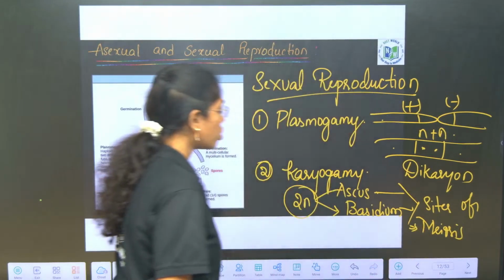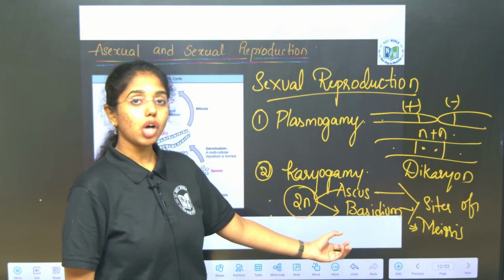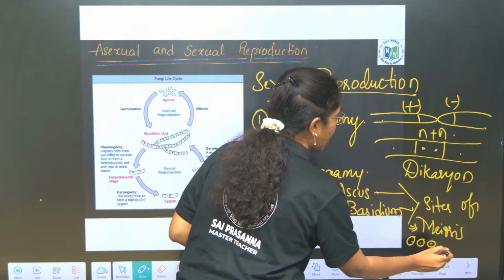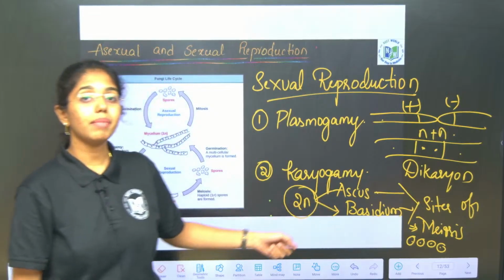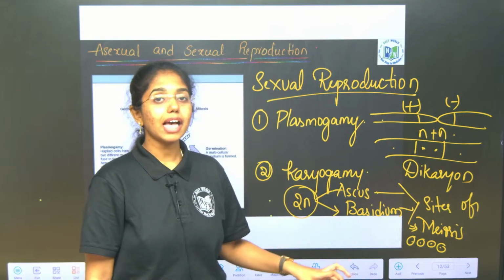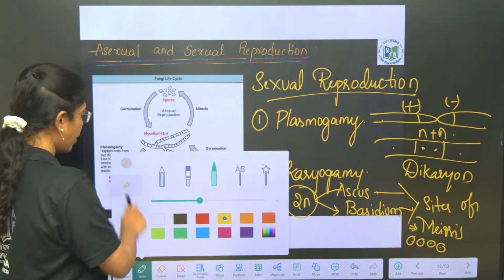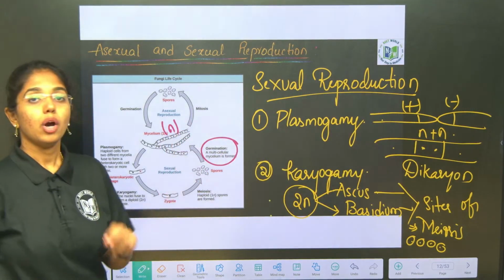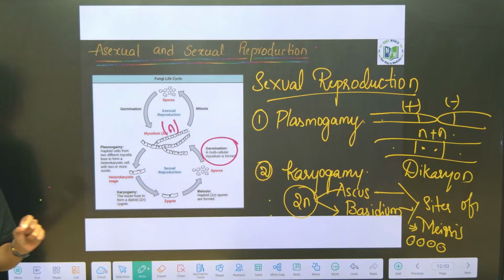From the diploid ascus and basidium, meiosis occurs and this will produce haploid spores. If it is from the ascus, ascospores are produced after meiosis. If it is in the basidium, haploid basidiospores are produced. These ascospores and basidiospores, landing onto a suitable substratum, after germination will develop into a new haploid fungal body. Once again, for your quick understanding, I will revise, listen.